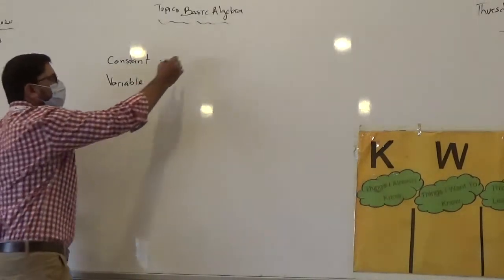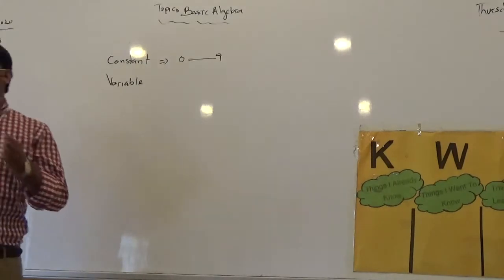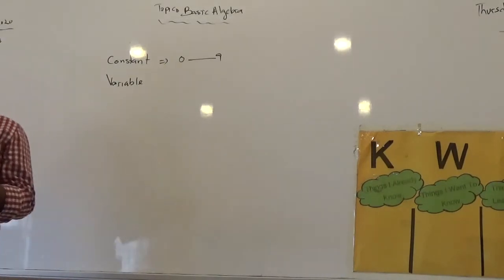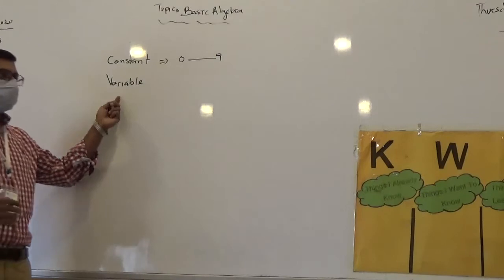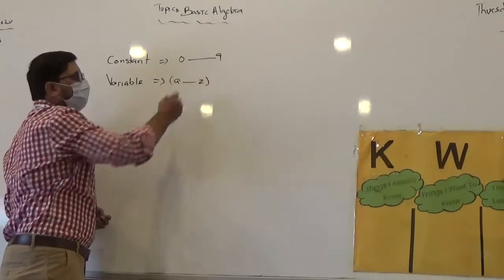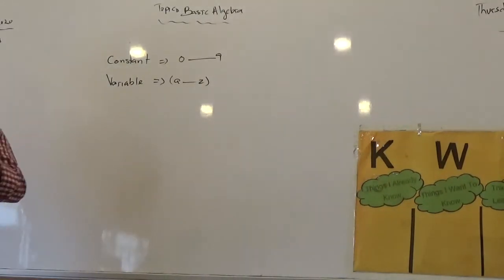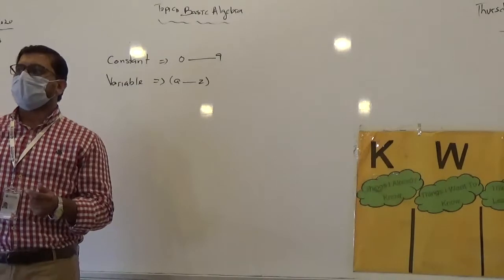Numbers, any numbers from 0 to 9, and they are also called the coefficients. When we write the numbers along with the variable, they are called the coefficients. And what are the variables? A to Z alphabets utilized along with the combinations of numbers. Numbers and alphabets, when you combine together, that will become